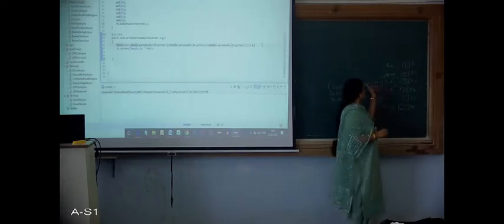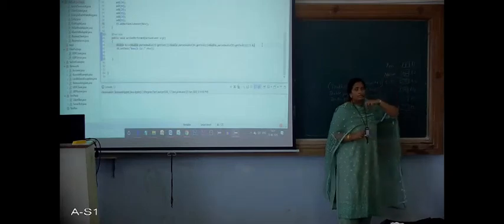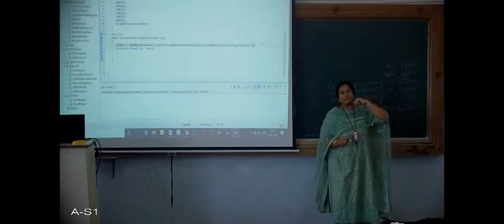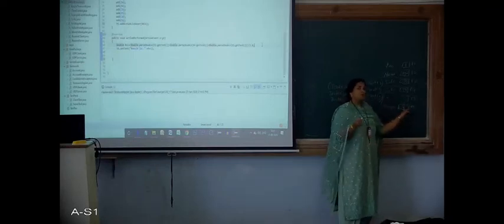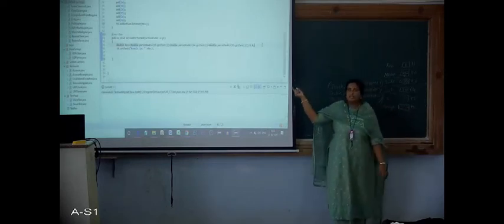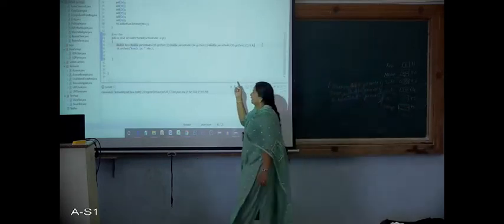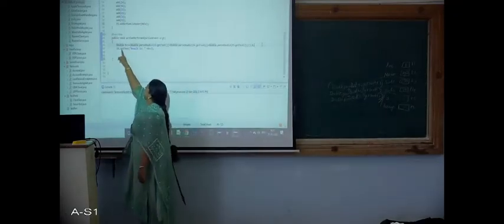So getText is for fetching the data from the text field. Now we want to set something in this field. We want to assign something. What is that something we want to assign? The average, which is there in the result variable. So we have used setText.